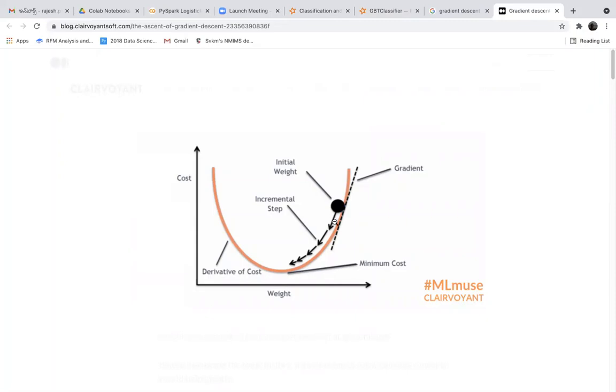So the initial weight and incremental step, see, as it reaches the goal, the weight further decreases. As the incremental steps go, the weight becomes smaller and smaller. You're getting it right? Initially we start with this weight, then a smaller weight, then smaller. Then as you see the error is reducing, you further reduce the incremental step weight till you reach the global minimum. If you try to reduce the weights in a larger quantity, instead of reducing, it will jump to the other side and start boosting up the cost or the error. So you have to be very careful when you are doing this gradient descent.